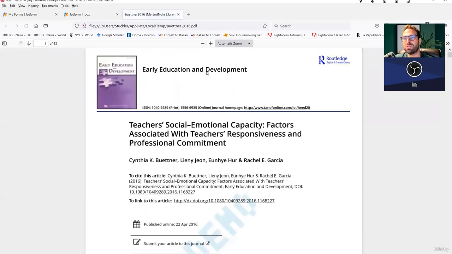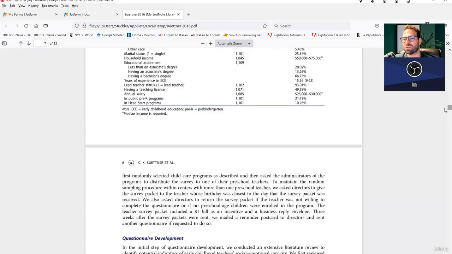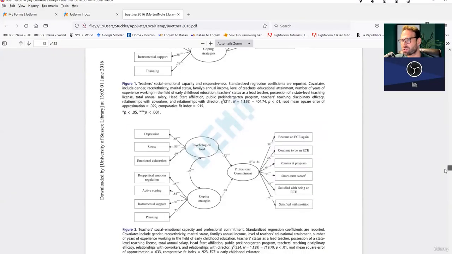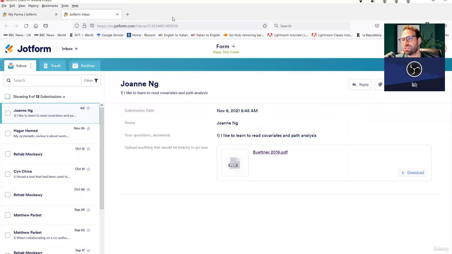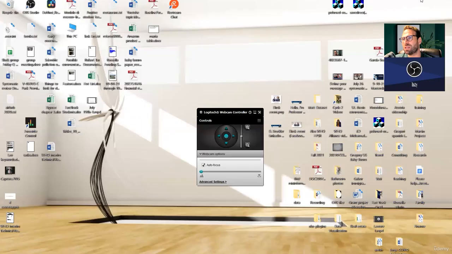I think what we'll do is, especially this path analysis is really fundamental to quantitative work like they've done here. So they're using structural equation modeling. So we'll talk about path analysis and covariates. I personally do not like structural equation modeling for a number of reasons that I can get into. Now might not be the best time to get into that, but definitely, Joanne, that's something that we'll be sure to cover as we go along.